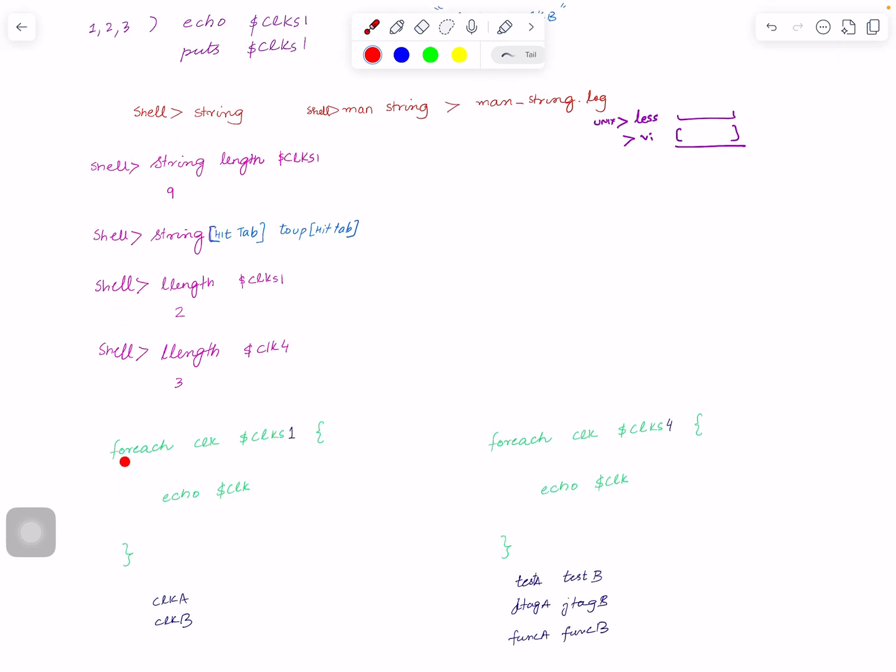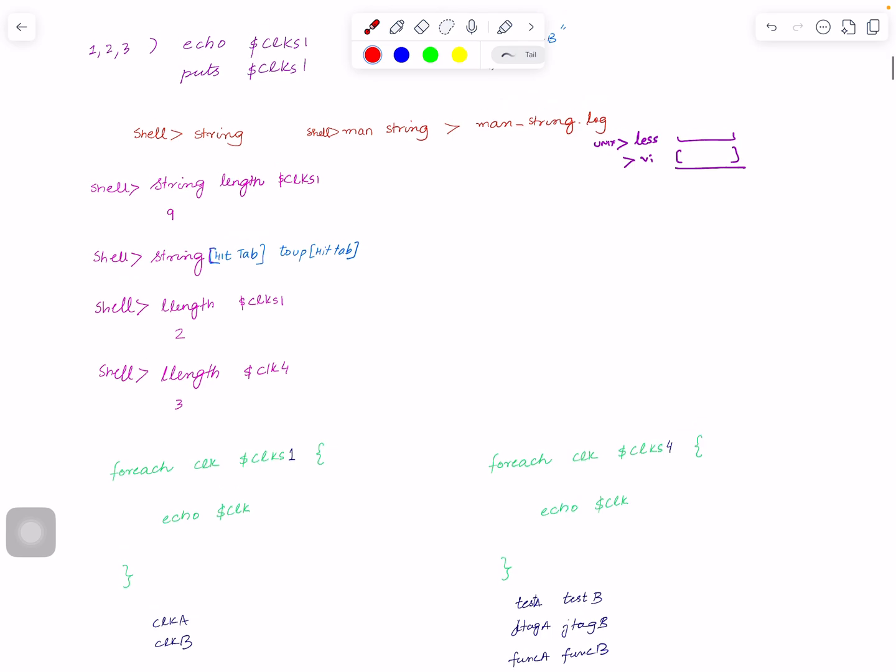So foreach is another important loop command. There are other loop commands, and I might go and tell you those later on, for or while, for example. But I'm using foreach. This is used a lot, and it operates on strings. And it's very simple. Again, Tcl, what I love about Tcl is its simplicity. So for foreach, this is the variable, you name the new variable, and you put $clocks1, and then curly bracket start, curly bracket end, for the body of each,